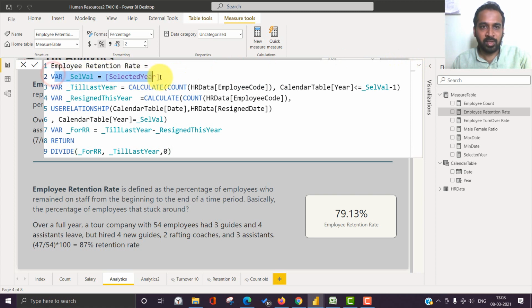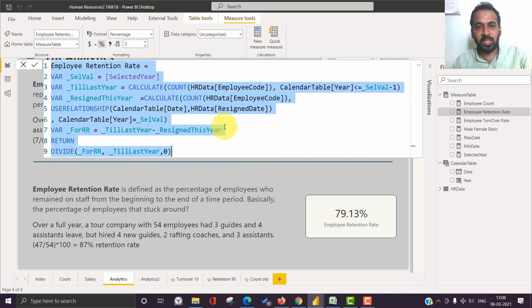So the employee retention rate calculation, if you look at the DAX measure, it's the same thing. You need to select the value, selected year, and till last year is count of employee count with the calendar year less than -1, and resign this year, as I said, same thing, use relationship till the selected year, and we're just subtracting this year's resigned value from last year's value, we will get this kind of 47 and dividing that value here, so we'll get 87%. So copying everything from here,